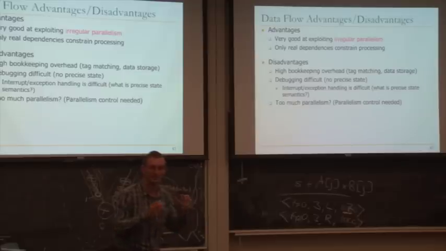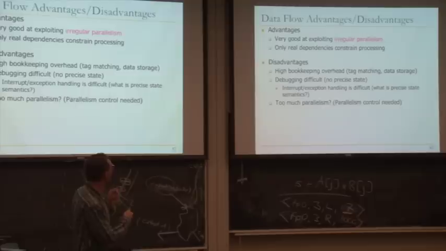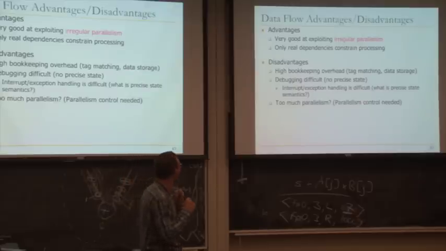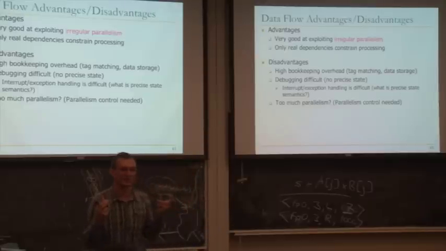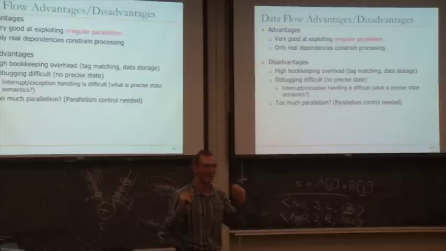Software to work with this model, right? It's very hard to program these machines because debugging is difficult, right? How do you get a precise state in a Dataflow machine? Can you guys solve that problem? Programmer cannot reason about the state because there is no abstraction in the Dataflow machine. In the control flow machine, the abstraction is very, very simple. Programmer can reason where they are in the program exactly, right?